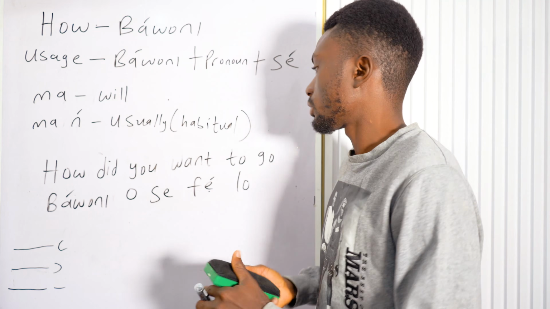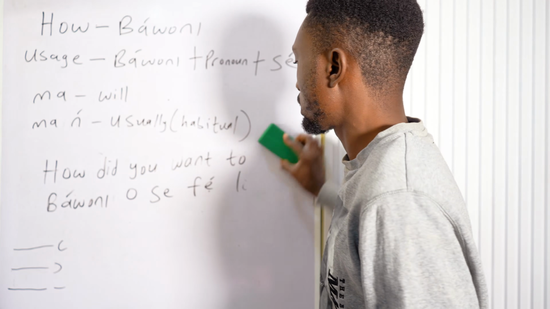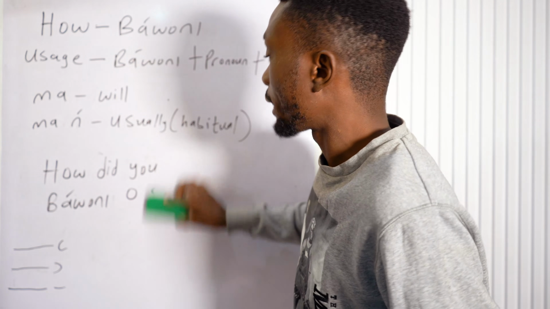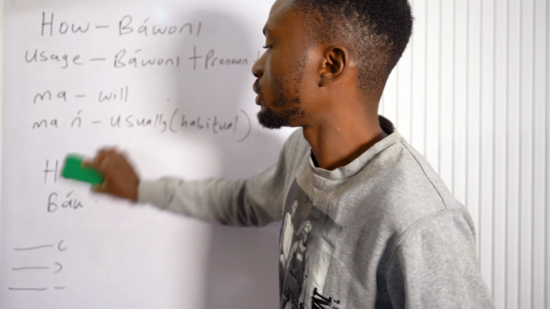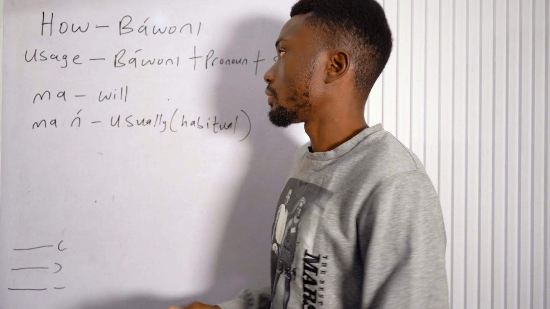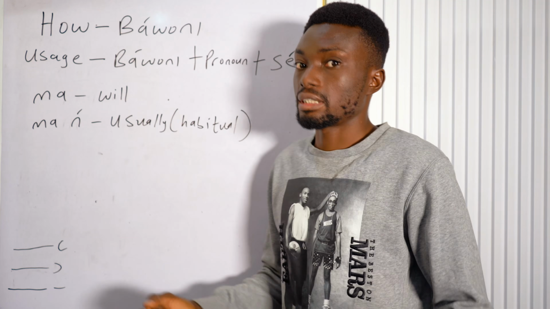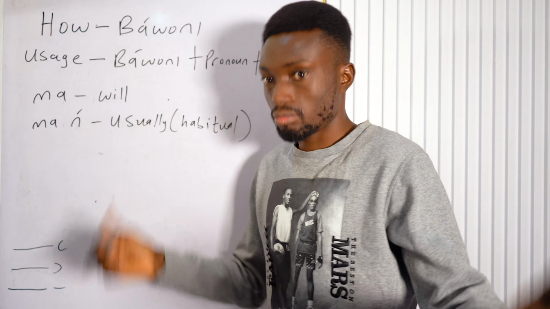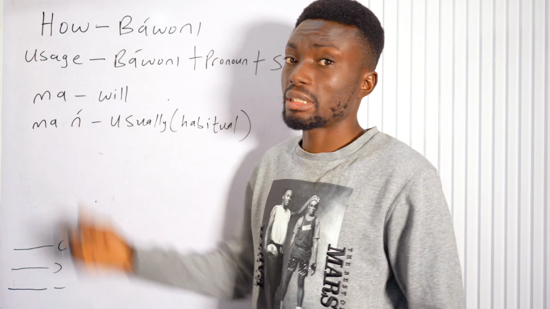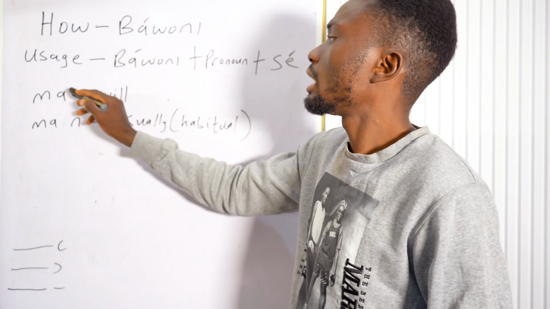So that's for this. When you're using did, like how did you want to go? Like in English, when you're using did or do. But of course, sometimes it's not everything that will be did or do. It's not every time that it will be like that. Sometimes it will be how